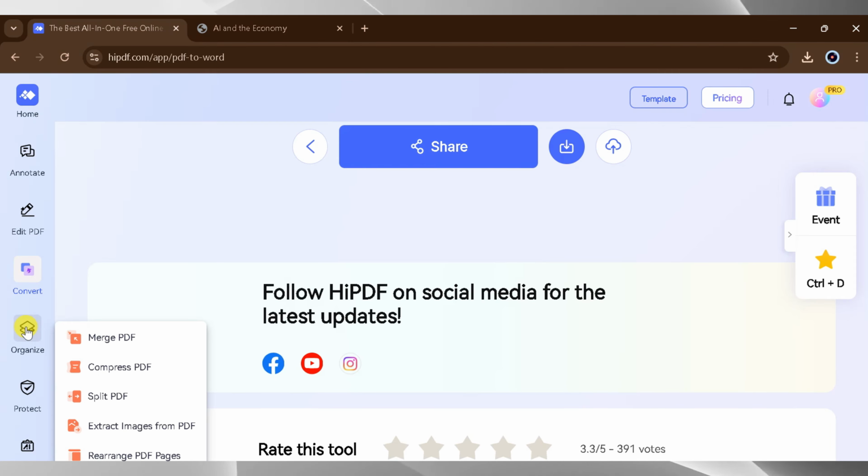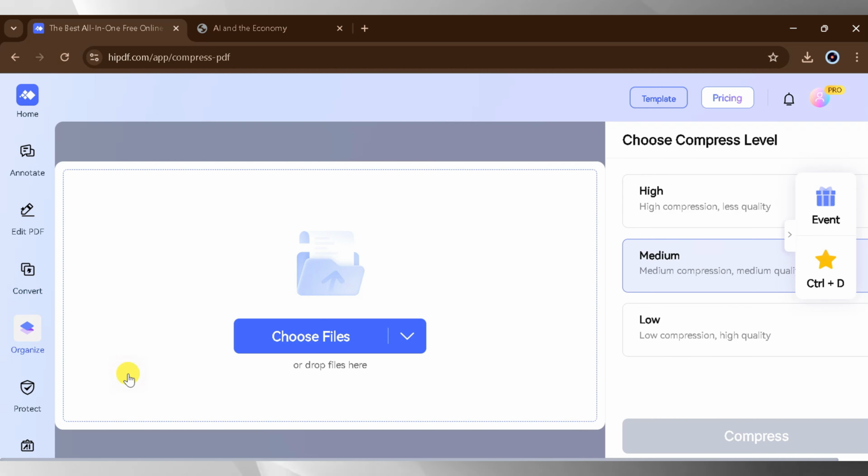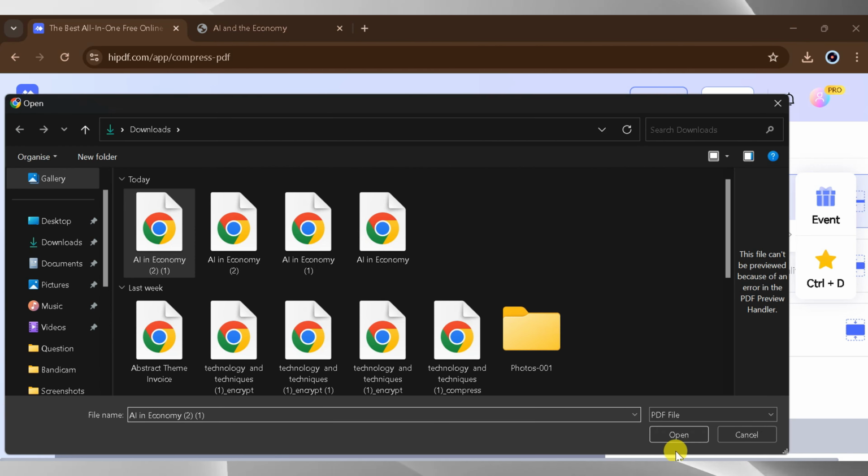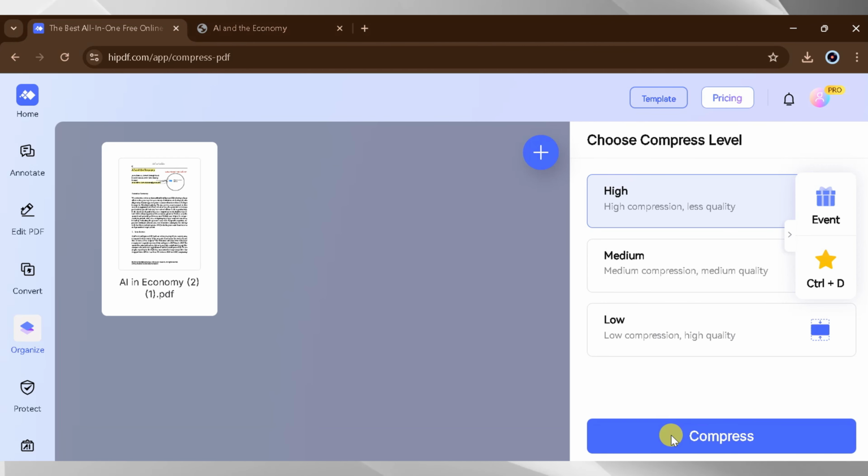Now click on Organize. Here we can merge PDFs, compress PDFs, split PDFs, extract images from PDFs, and rearrange PDF pages. I will now click on Compress PDF. Choose a file or drop the file. On the left side, you can see the compression levels: high level, medium level, low level. You can select according to your need. I will select high. Now choose the file from your computer, select the file and click on Open,